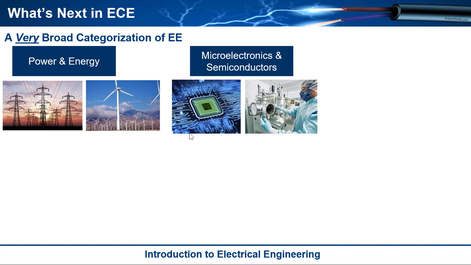But then semiconductors in itself is a massive, massive field because, you've probably seen pictures of people in the bunny suits, right? So they're in a clean room and they've got these wafers of silicon and they're doing all these processing steps to them to make the transistors and resistors and capacitors that build our circuits. That in itself is a massive, massive field because it's very difficult to make those chips, and you have to spend a lot of money to build the plants that actually can process these chips.